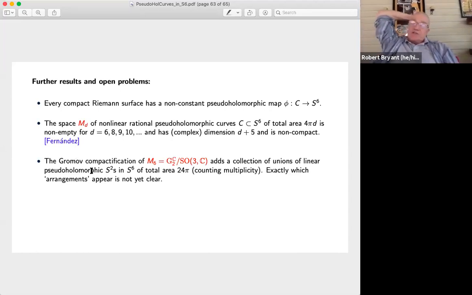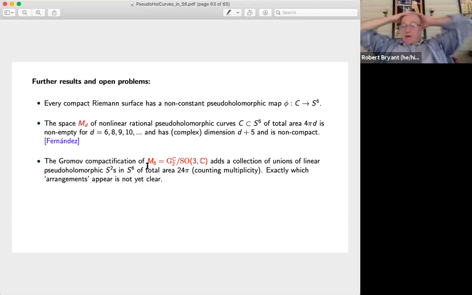But now the interesting question is, what is the Gromov compactification of this space? You don't have calibrations, you don't have a symplectic form, but you do have an area bound because they're all minimal, so any deformation can't change the area. Since it's bounded area, Gromov compactification says you should be able to compactify this. But the only way this can compactify is to break up into linear S2s, because there are no S2s of degree less than 6 except the linear ones.